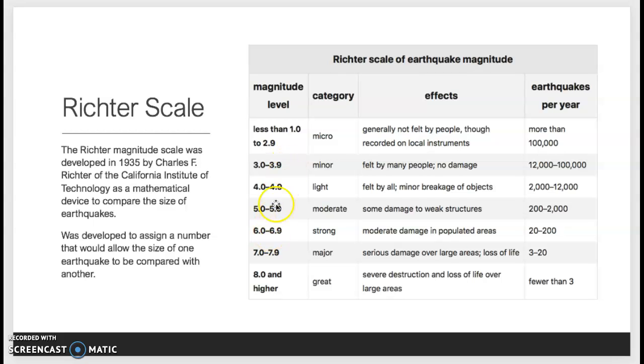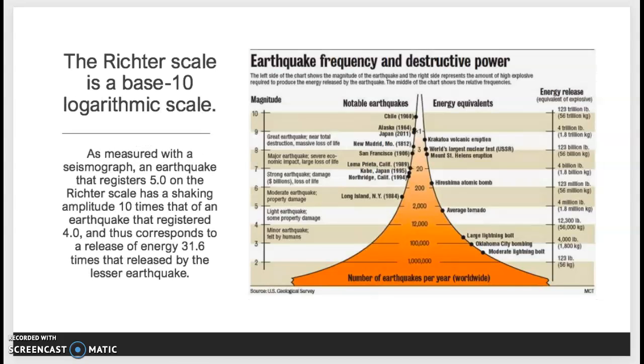And the difference between like a 3 and a 3.2 is actually really big. So I wanted to show you this graphic that I found online that I thought would be helpful to explain the differences. The Richter scale, I said, is a base 10 scale. So when you use the size in the graph, an earthquake that registers a 5 on the Richter scale has a shaking amplitude 10 times that of an earthquake that's a 4, and thus corresponds to a release of 31.6